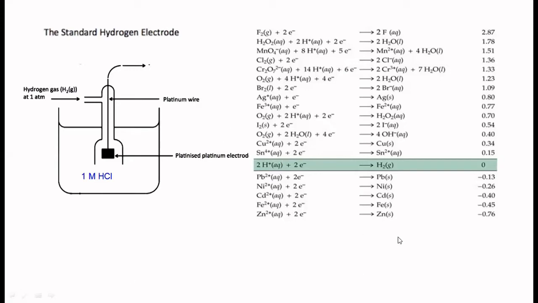Once the half electrode potentials are determined, they are arranged like this in decreasing order of their potential. The one at the top of the series is fluorine. All these are reduction potentials. You can see the reduction here. Reduction potential is highest for fluorine, which means fluorine would always want to remain as F minus. That is given there as F minus; the minus charge is gone, you're supposed to put it as minus here. F minus it is.